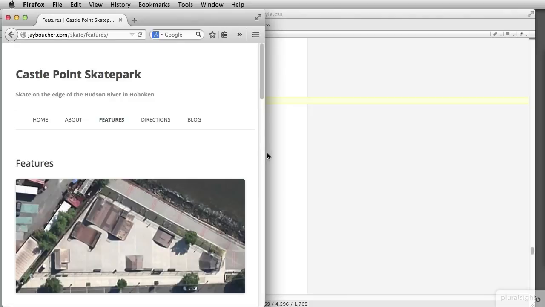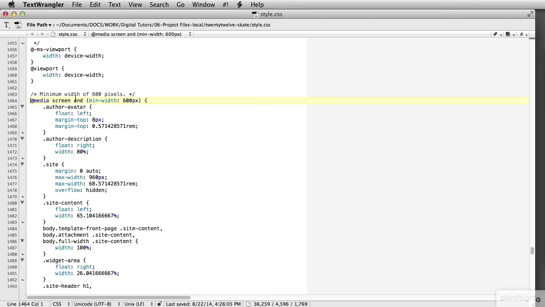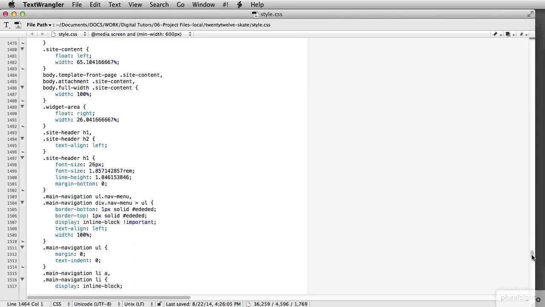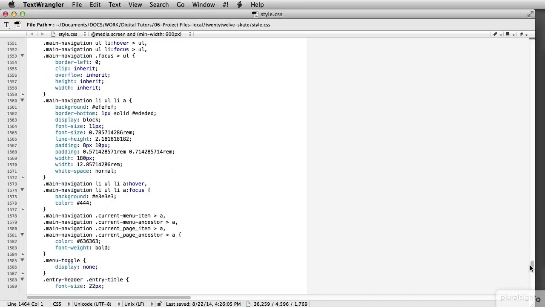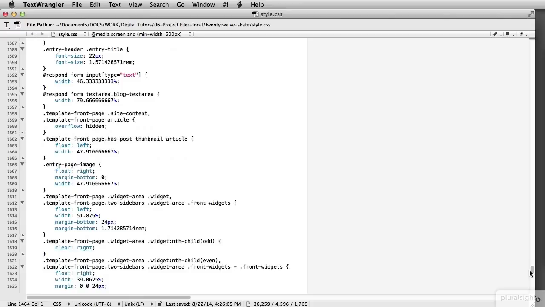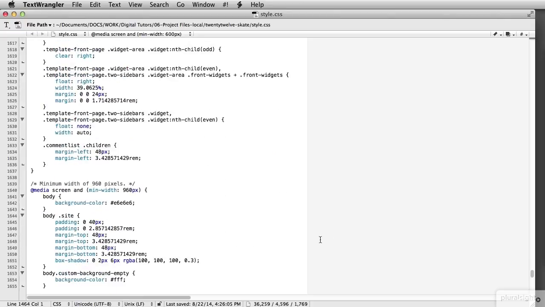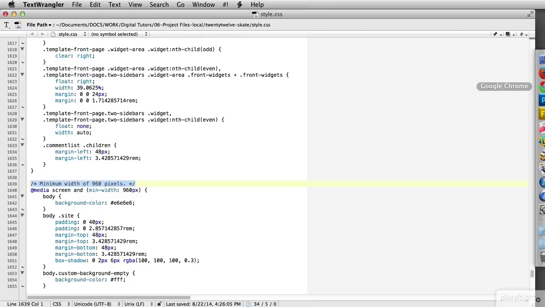As you go larger, we go back to the code, we'll take a look. So what it's doing is it's changing what the browser is going to do based on how wide it is. And we're going to get into that once we get into the menu toggle and the top navigation and the site content. I scroll down in the code and I get to another breakpoint, which is the, let's see, minimum width of 960 pixels. So at 960 pixels,